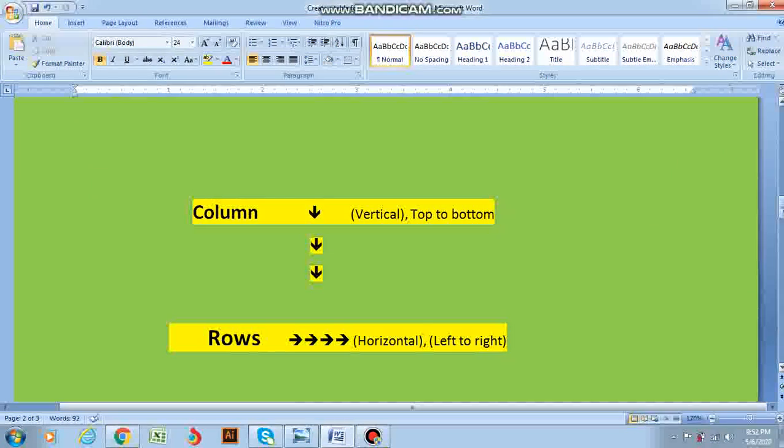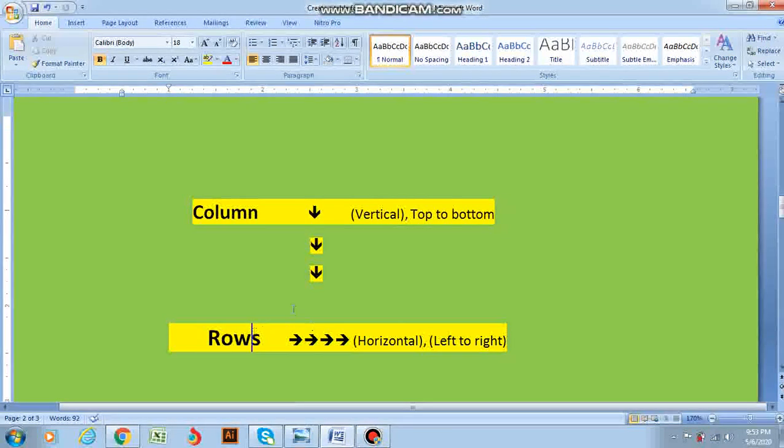Here is column and here is rows. If you just remember, I gave you the example of your class. It consists of rows and columns. The columns are the vertical lines which are going from top to the bottom. As you can see, I have used this picture. I have used these shapes just for your indication that these are the columns which are going from top to the bottom. And what are rows? Rows are the horizontal lines which are going from left to the right. Okay, so they are running from left to the right or right to the left. They are known as rows. And what are cells? The intersection of rows and columns makes up a cell.